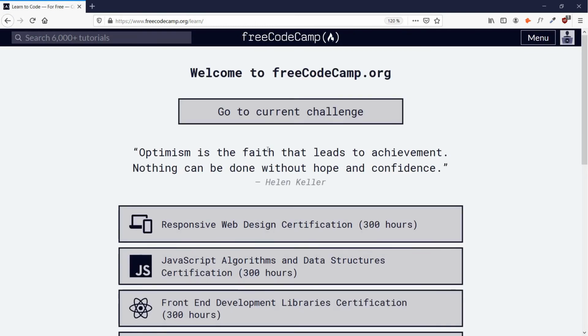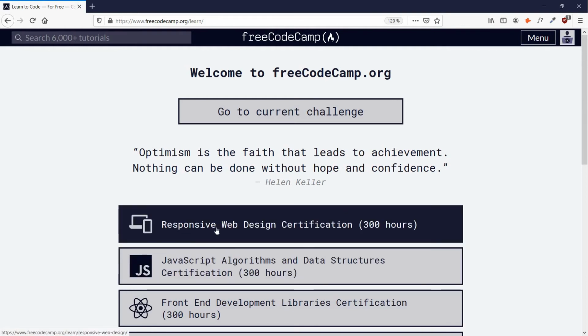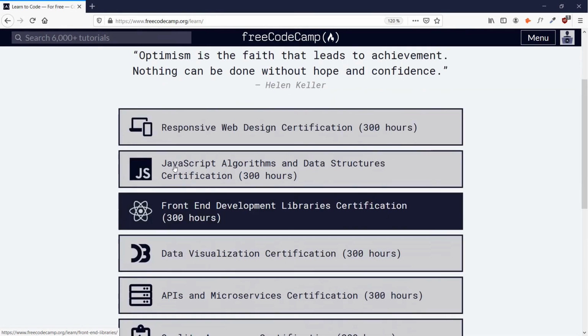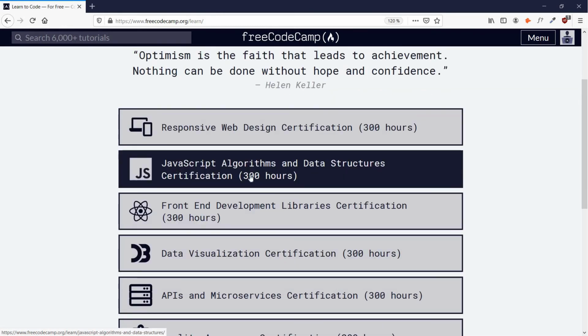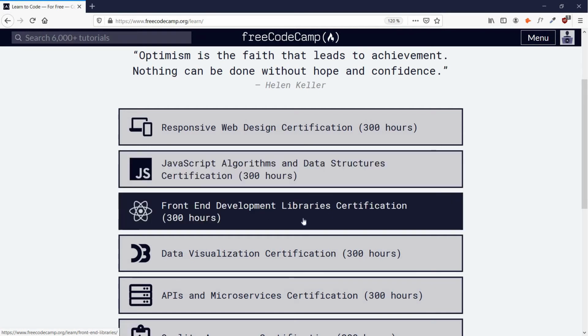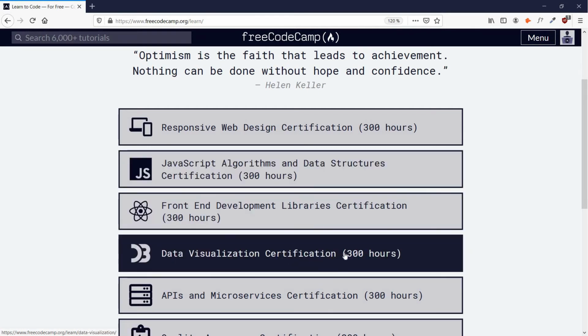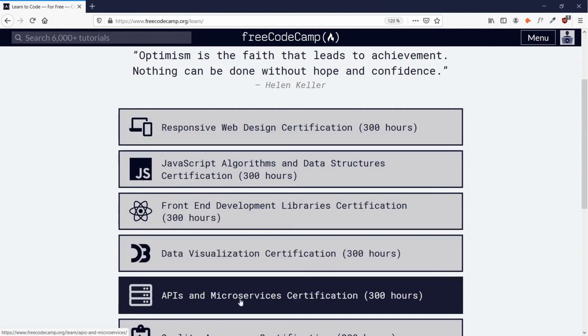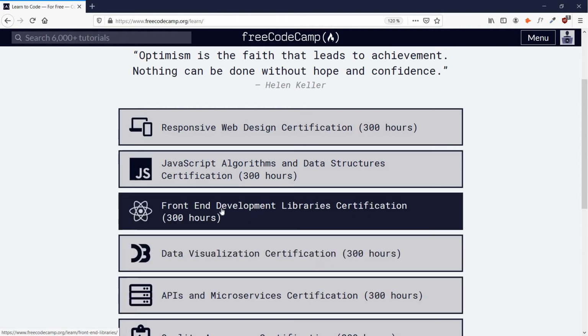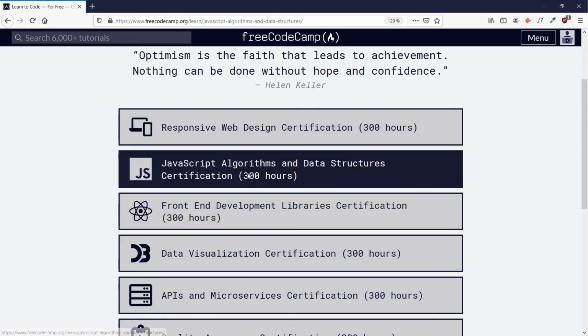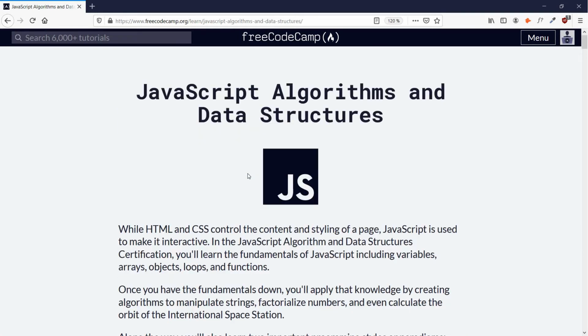And as you can see, there are so many courses. There is this one, Responsive Web Design Certification, and it lasts 300 hours. There is this one, JavaScript Algorithms, and it lasts also 300 hours. Front-end Development Libraries, Data Visualization Certification, APIs, etc., etc. Personally, I checked the JavaScript algorithm and data structures, and I learned a lot from the courses